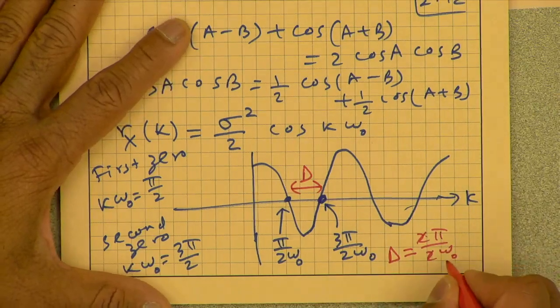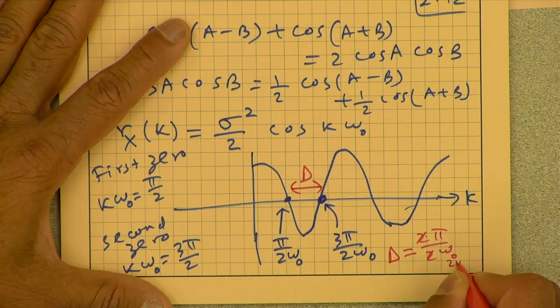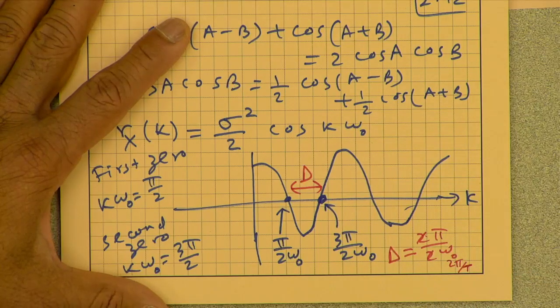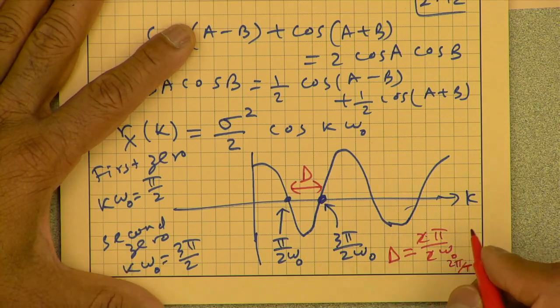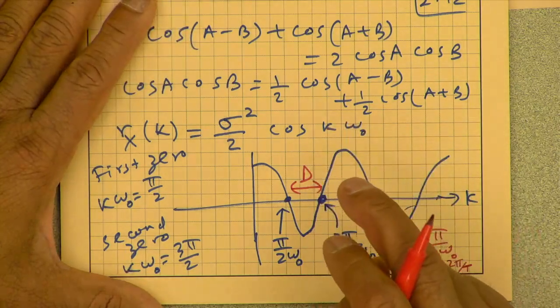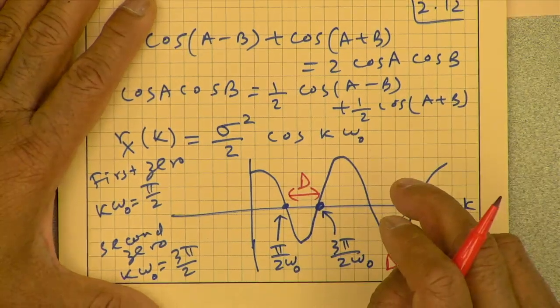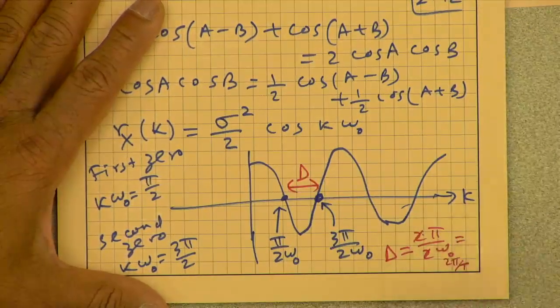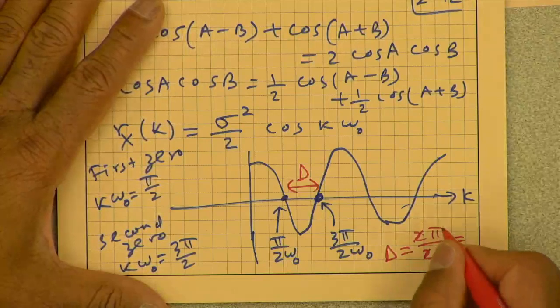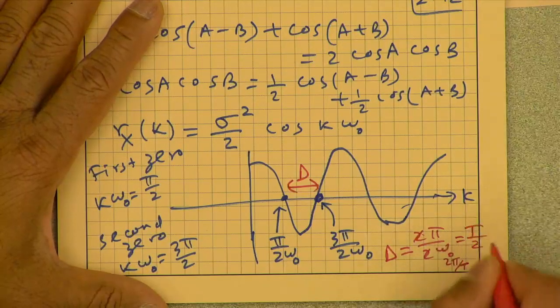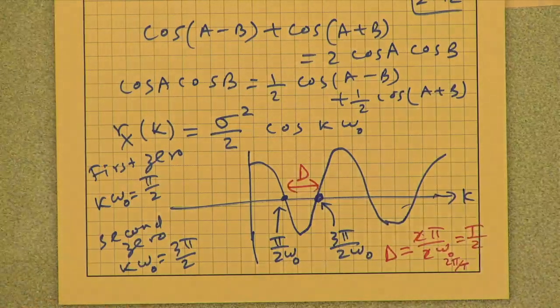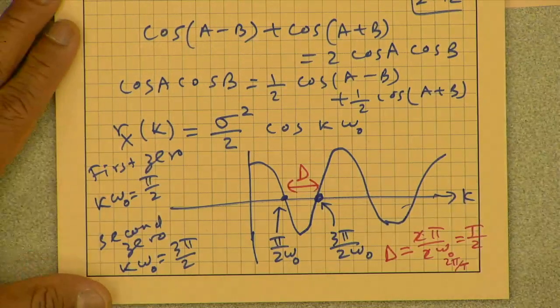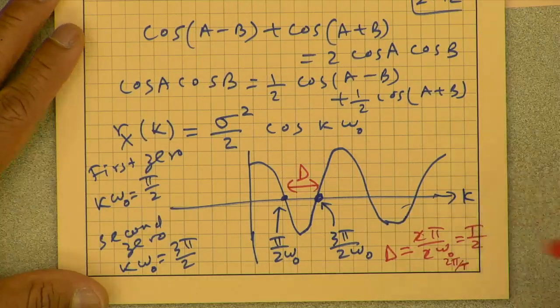So if I take omega naught as twice pi over the period T, if it was periodic with period T, then, let me see, something doesn't look right, we'll get back to that. This is going to be equal to 2 pi by T, T goes to the top, pi gets cancelled out. This is T by 2. Okay, we'll get back to that.